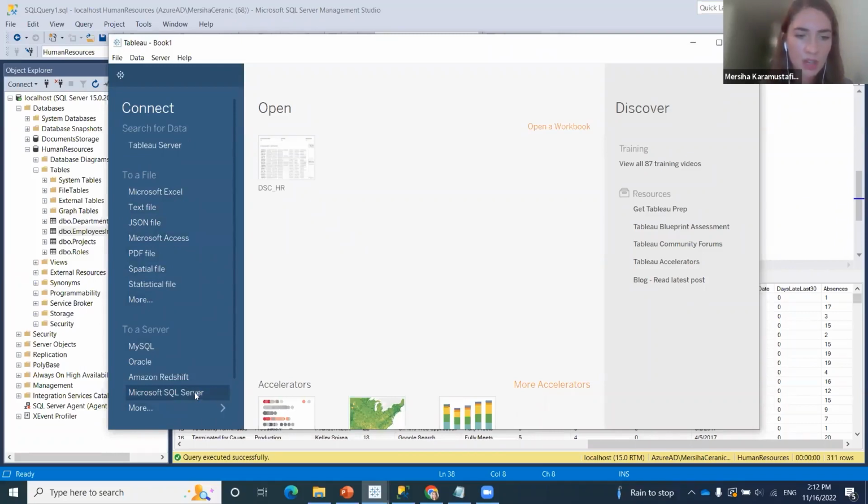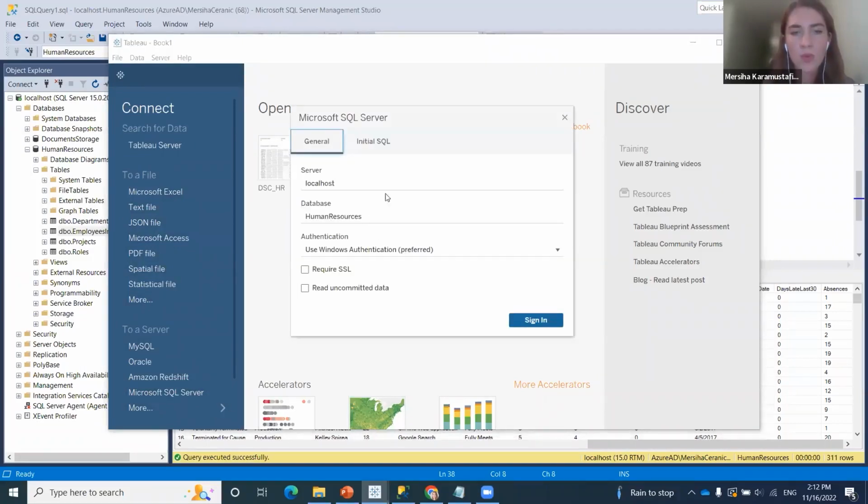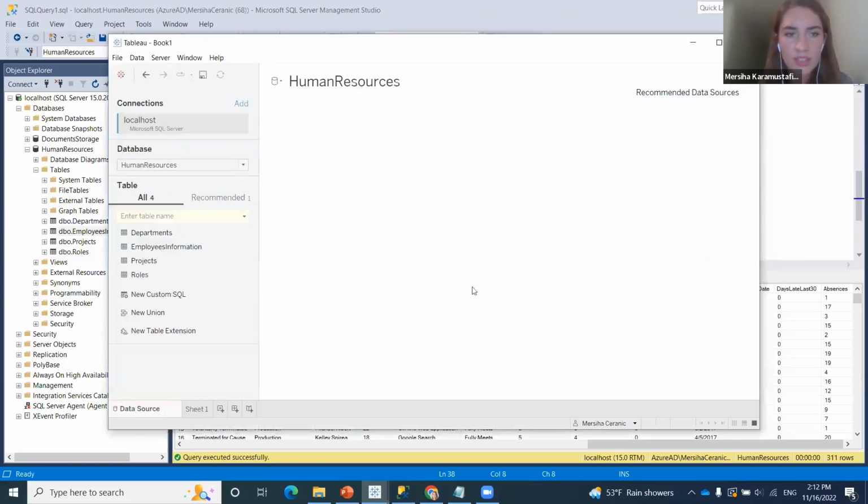We are choosing now Microsoft SQL Server as our data source option. Data is stored within the localhost server. Database is human resources. And after signing in, we have the overview